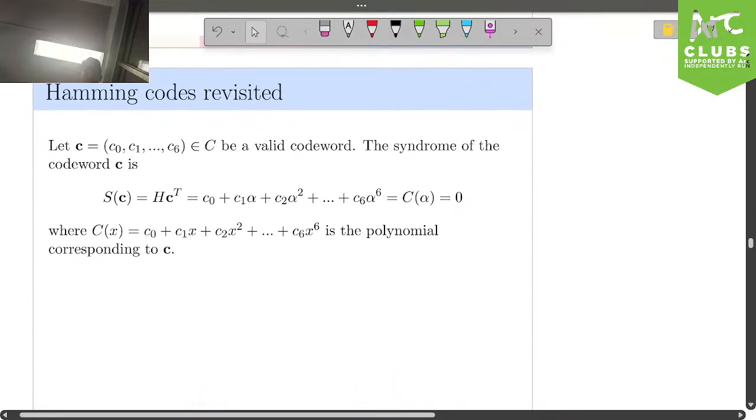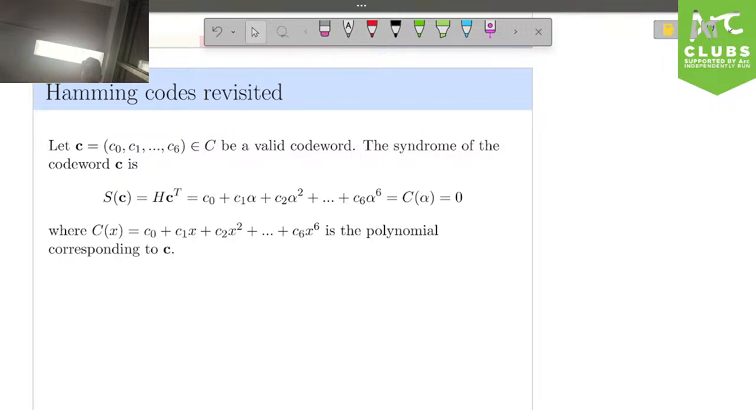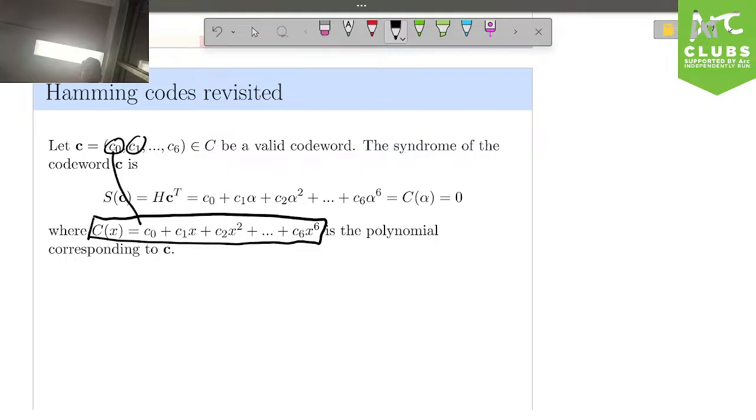When we have a code word, how BCH coding works is we're going to have some polynomial that we're associating to the code word. So let's say we get C0, C1 up to C6. What we're going to do is generate this polynomial. This is called the code word polynomial. And what we do is we take this C0 and we put it over here, and C6 comes down and goes over here. Make sense? So this is like the beginnings of our strategy for BCH coding.